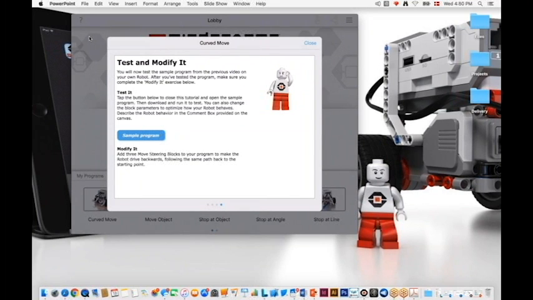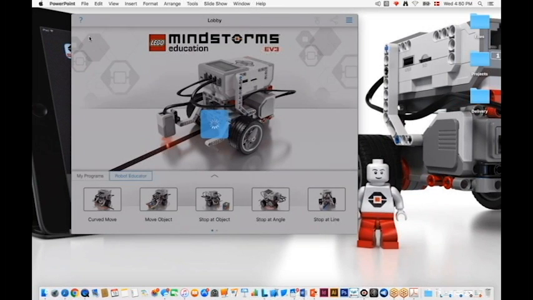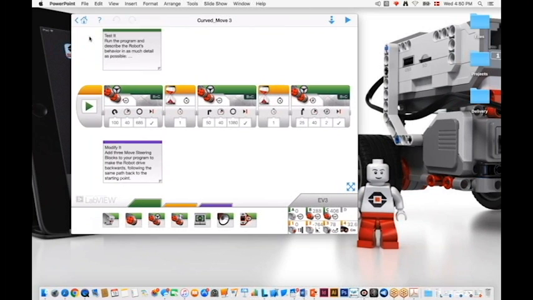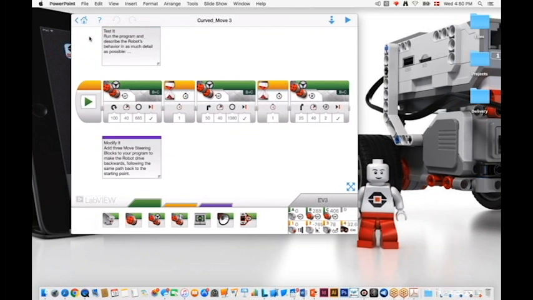And then what we've got here is a test and modify. So as a good entry point, we provide the program. So we have a sample program, and that just shows you how those note blocks can be used. And again, as a teacher, if you're writing your own programs and you want to record some notes on them, you can. So this is a program that I can download straight onto a brick